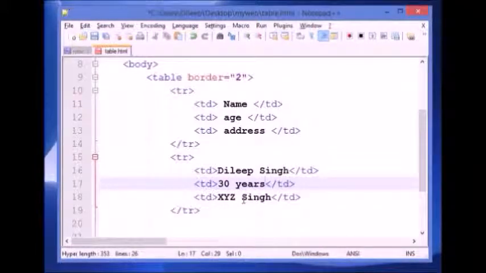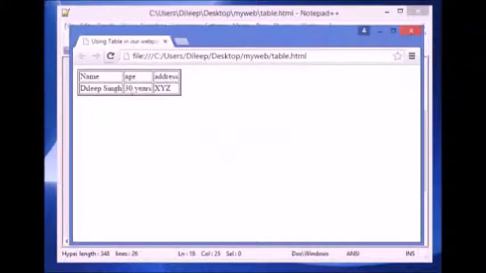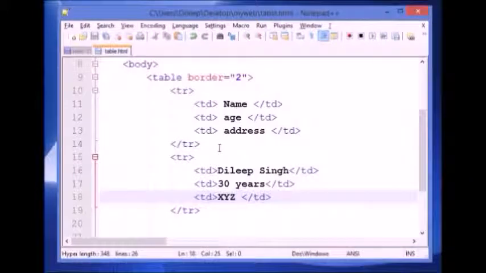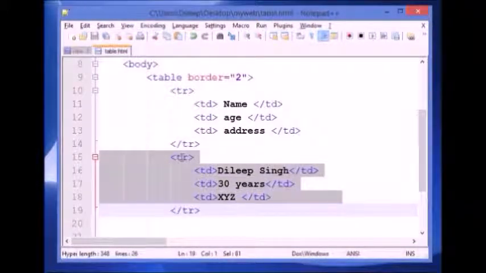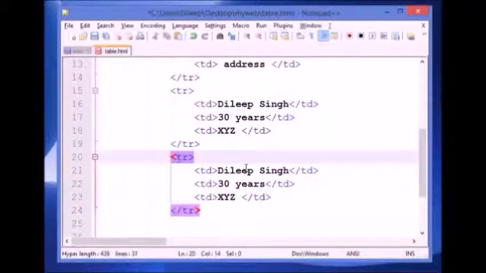And address, suppose XYZ. Okay, now I will save it and check it. Yes, you can see the name, age 30 years, address XYZ. Okay, similarly the third row. So how I'll use the third row, I'll copy it simply and paste it, and in place of name,